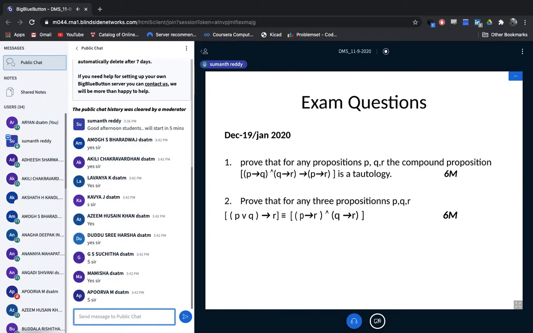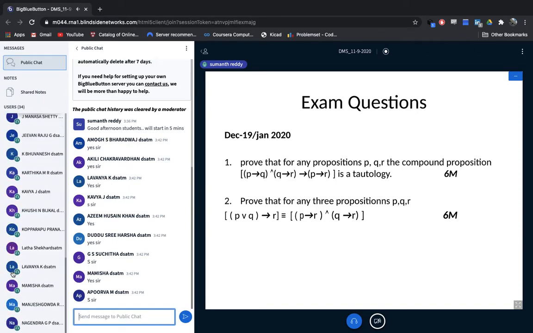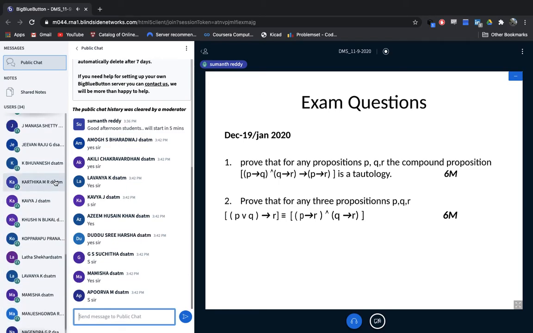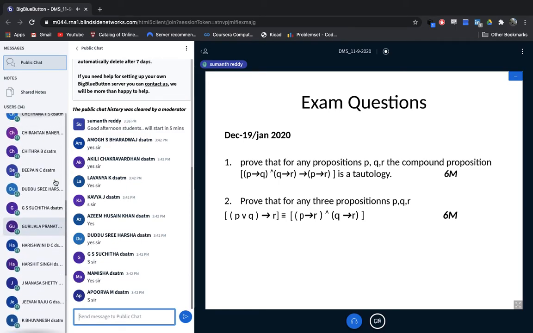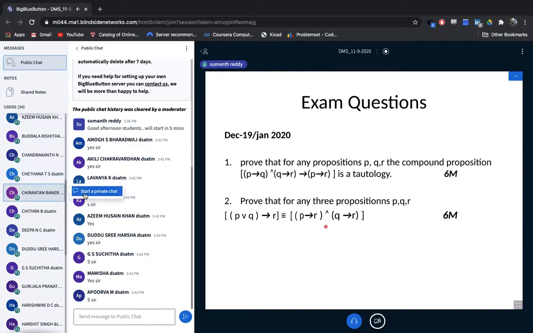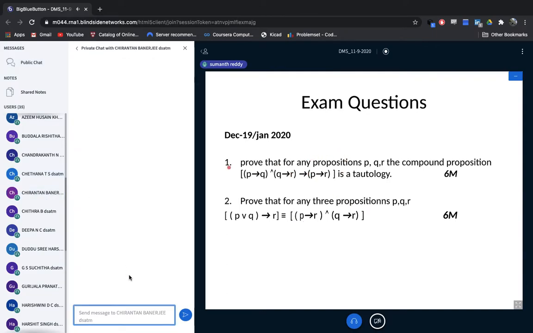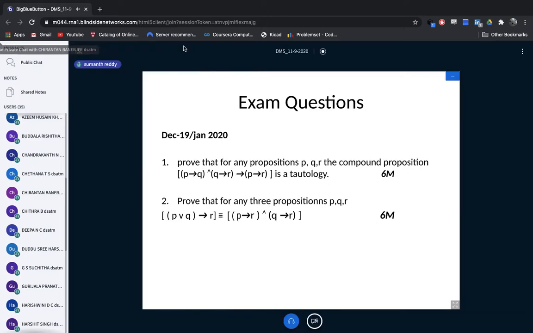Okay, so in the last week Friday, we actually discussed the question paper. At that time, we had completed only a few topics like tautology, contradiction, and the definitions of proposition. We didn't start with the laws of logic at that time. So in this question number 1, I think you already have an idea. We have already discussed this.